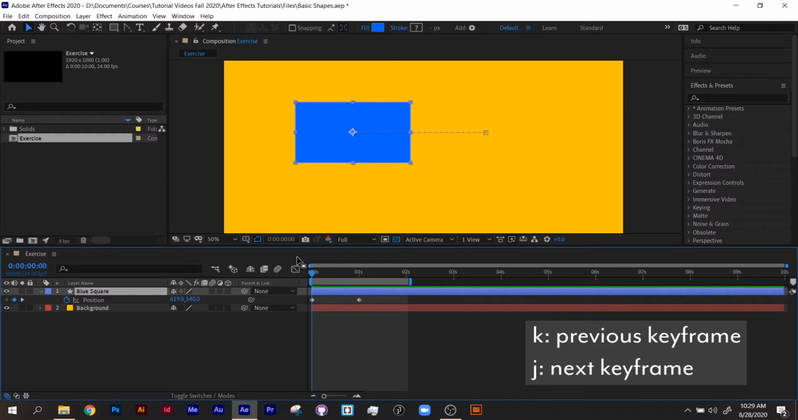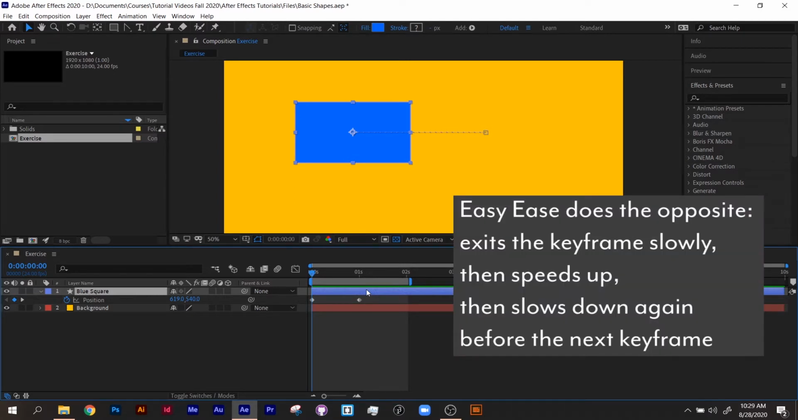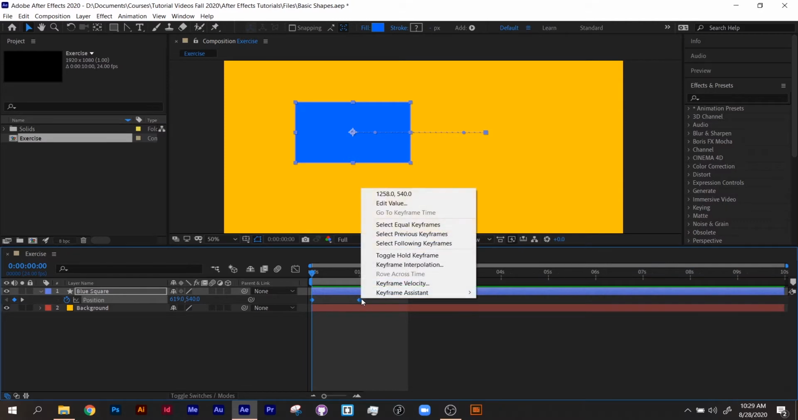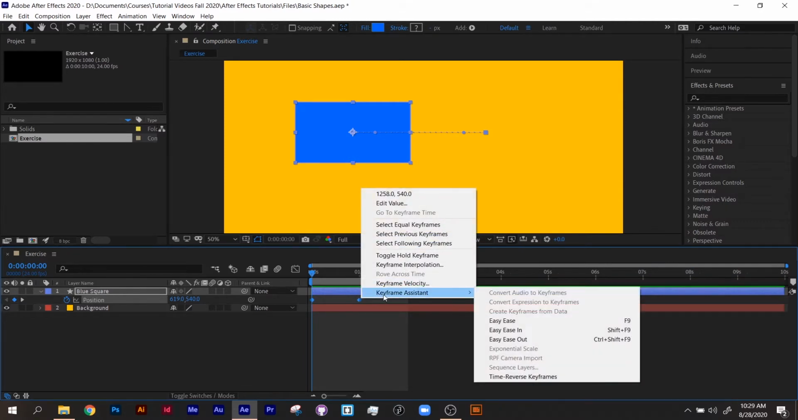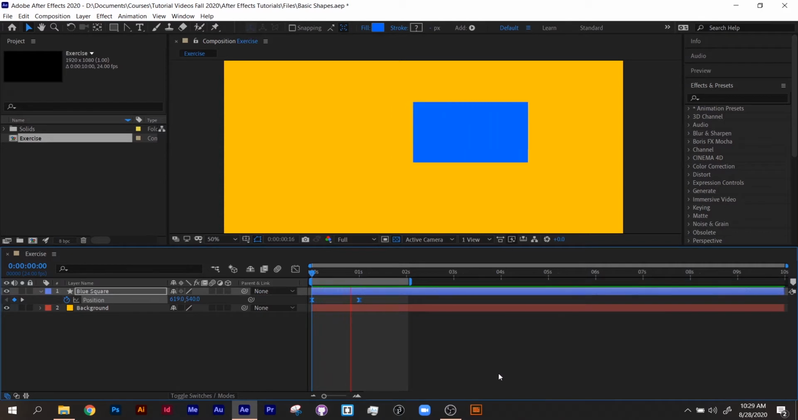But let's make this a little bit more dynamic. The first thing we can do is create an easy ease on these keyframes. That means it's going to speed up, slow down, and then speed up again. Looking at this, I can select my keyframes and press F9, or I can right click, Keyframe Assistant, and Easy Ease. And if we watch this start,